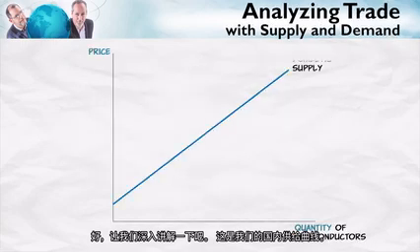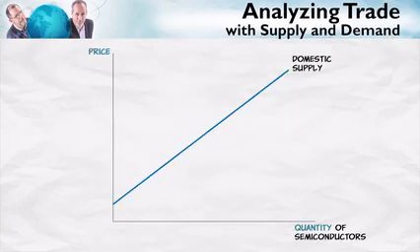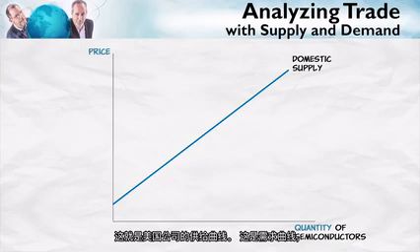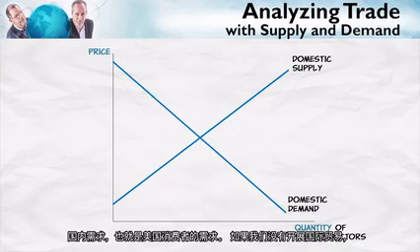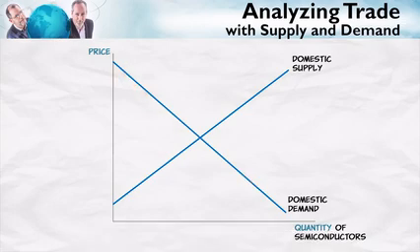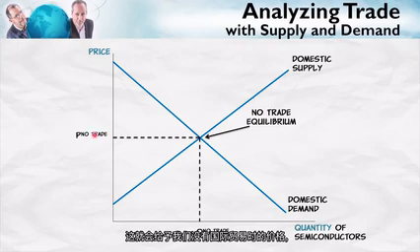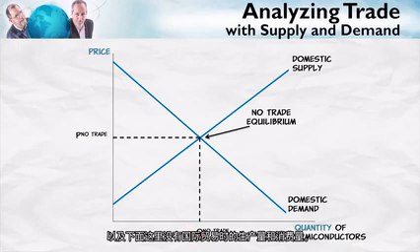Okay, let's get right into it. Here is the domestic supply curve. This is the supply curve of the home country firms. If we're thinking about the U.S., this is the supply curve from U.S. firms. Here's the demand curve, domestic demand. This is demand from U.S. consumers. If we had no international trade, then as usual, we would find the equilibrium where the quantity demanded is equal to the quantity supplied. That will give us the price with no international trade, and the quantity both produced and consumed with no international